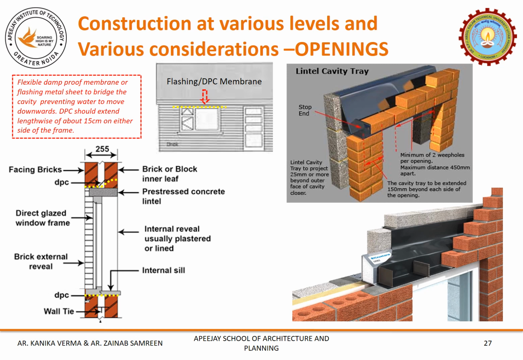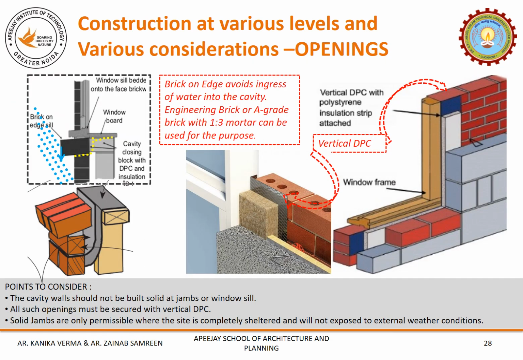Another horizontal DPC marked with two dotted yellow lines at the sill level can be seen in the image, which is required to stop the penetration from below the window or the opening. So at the bottom of the opening or at sill level, the cavity should be properly closed and no water should be allowed to pass through it. Otherwise it will of course damage the window or the door frame.